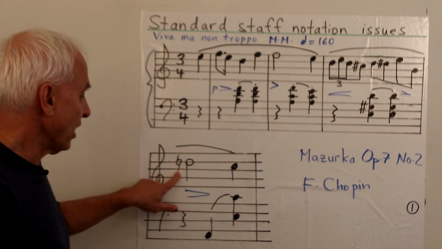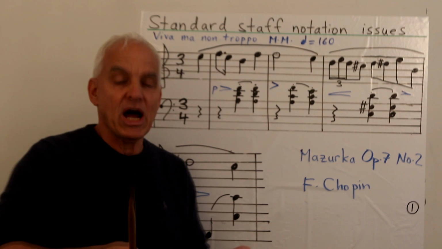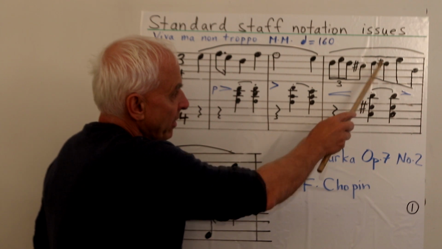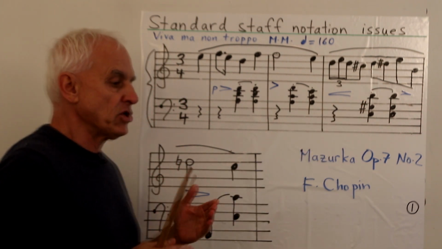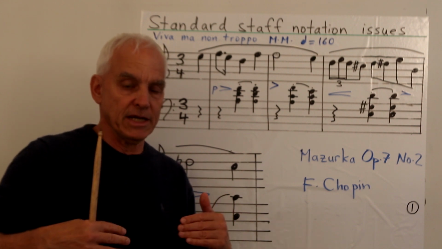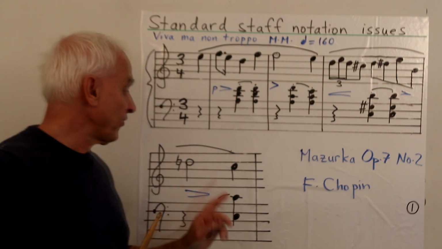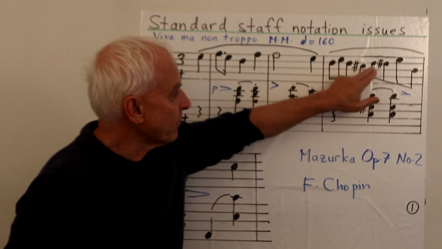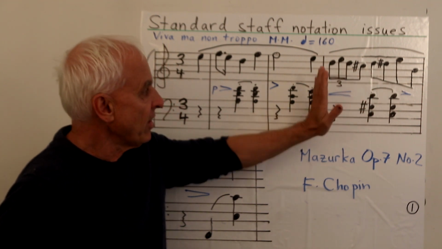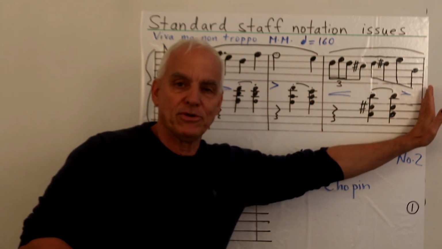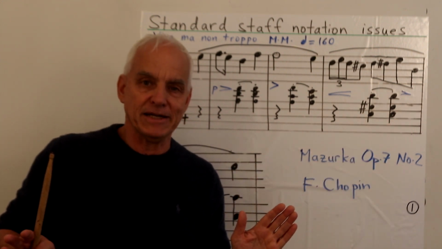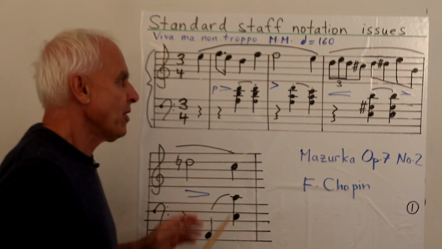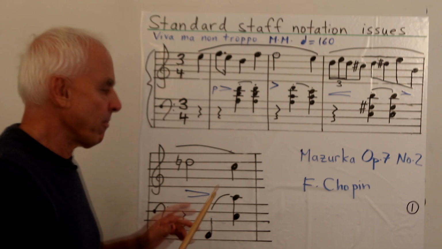This thing here is a different kind of symbol. This is a natural sign, which undoes the sharp sign or the flat sign. So we just had a D sharp here, and this natural here is telling us that we should revert back to a normal D. Now, strictly speaking, this is not actually required, because the understood rule is that these occasional sharps and flats that you find in bars only go up to the end of the bar, and then their effect is off. Okay, but this is just a kind of reminder to the player that, okay, you just did play a D sharp, but now we're back to ordinary D.